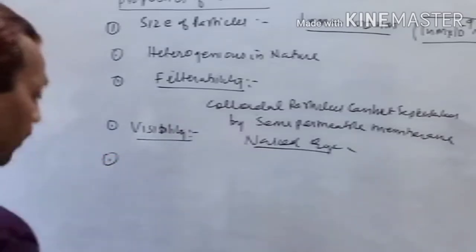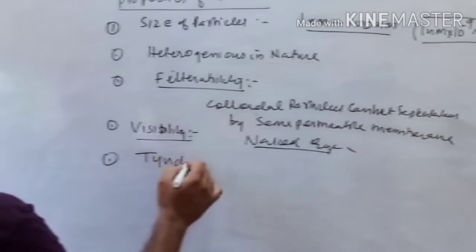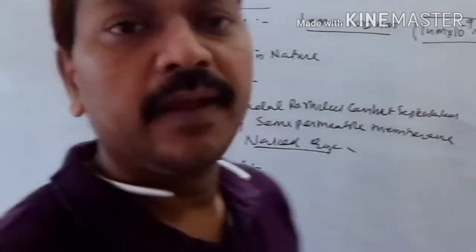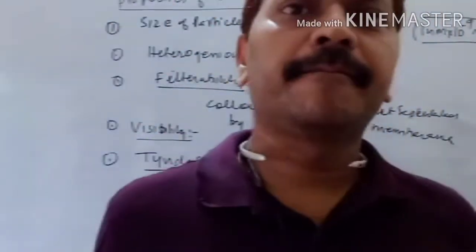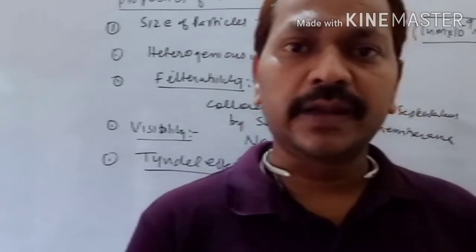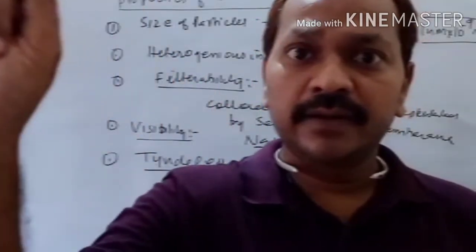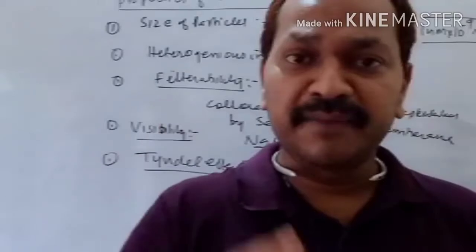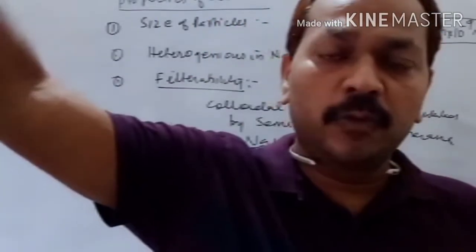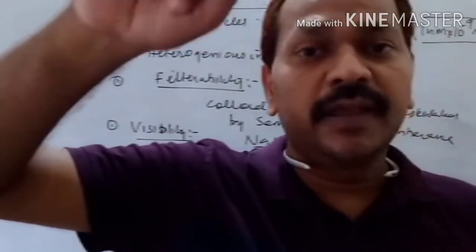Next, children, a very important property, that is the Tyndall effect. So we will understand what the Tyndall effect is. To be in short, we are not going into detail. Tyndall effect means, in a dark room, at one point there is a hole, and through that hole sunlight is coming. In the center, we see a cone forming. The light is passing, a path of cone is forming, and in that cone area particles are moving. So they are colloidal particles.